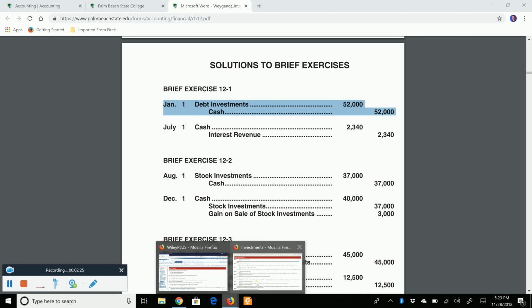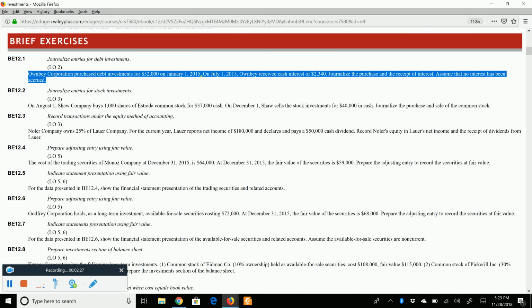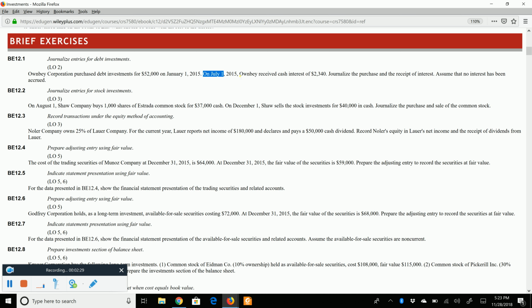Okay, so after we buy the bond, it says 6 months later, on July 1st, OwnB received a cash interest of $2,340. And as you've learned in a previous chapter, the main reason why an investor would buy bonds is so they can keep getting that consistent interest check as they're owning the bond. And that's exactly what OwnB is receiving right now. They're receiving an interest check of